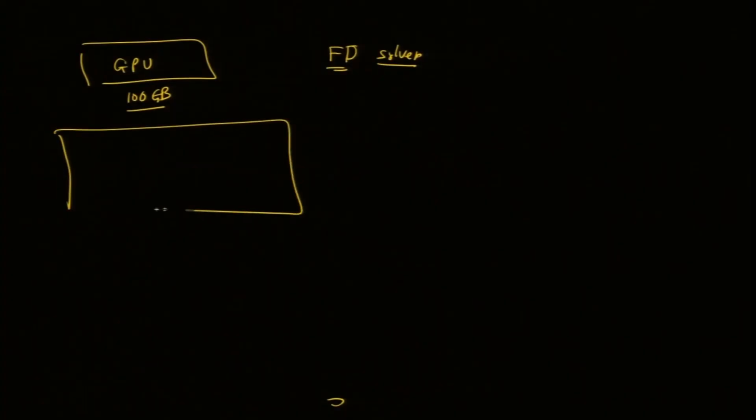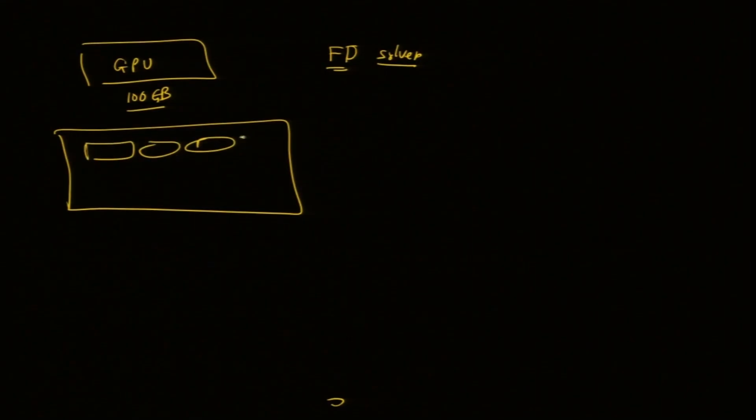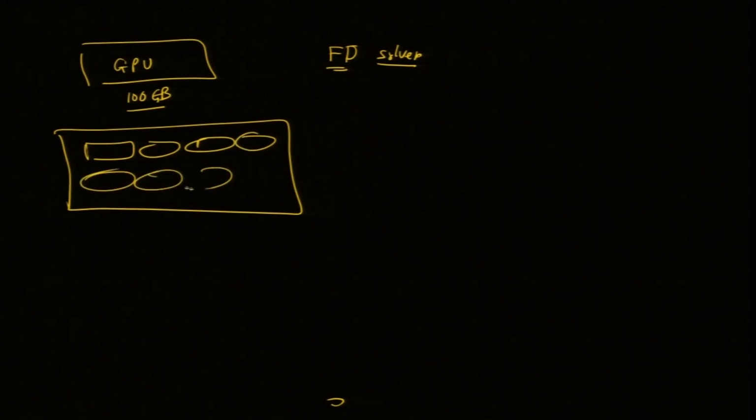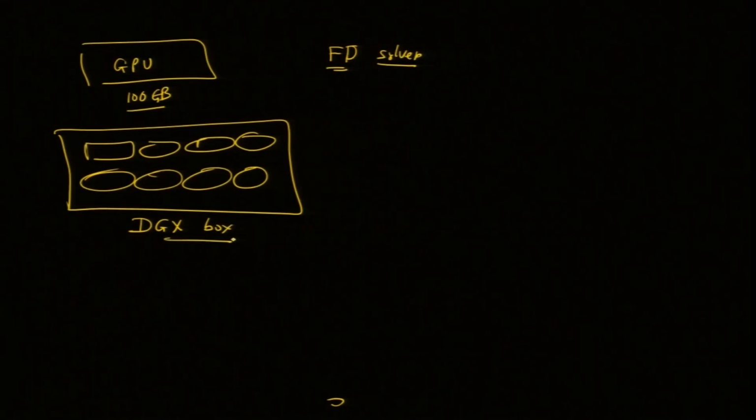But if you need more data, then there is a node, as we discussed in the past, that has more than one GPU. In fact, NVIDIA has a node which has 8 GPUs. This is called a DGX box. You can use all 8 of them, and there is some memory communication between them. So, you can do this send receive across the GPUs, and this is a very fast machine. You most likely will manage most applications in a single DGX box.